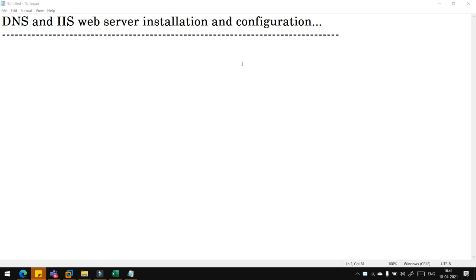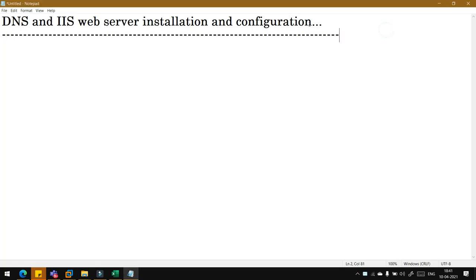Hello everyone. In this practical, I will configure a DNS server as well as an IIS web server. To perform this practical, you require Windows 2012